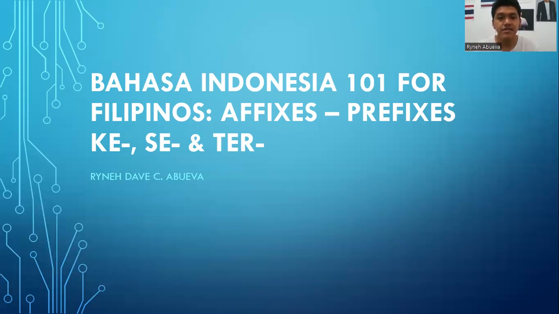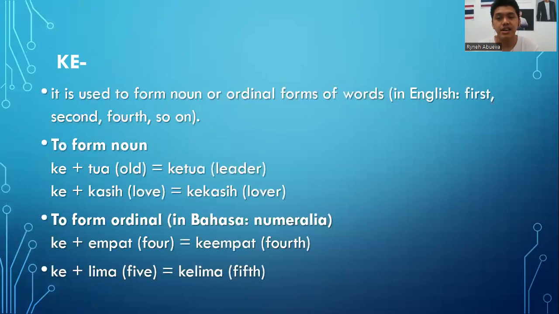First things first, let's discuss the prefix ke. The prefix ke is used to form a noun or ordinal forms of words. In English, it's like first, second, third, fourth, and so on. So if we're going to use this prefix to form a noun,